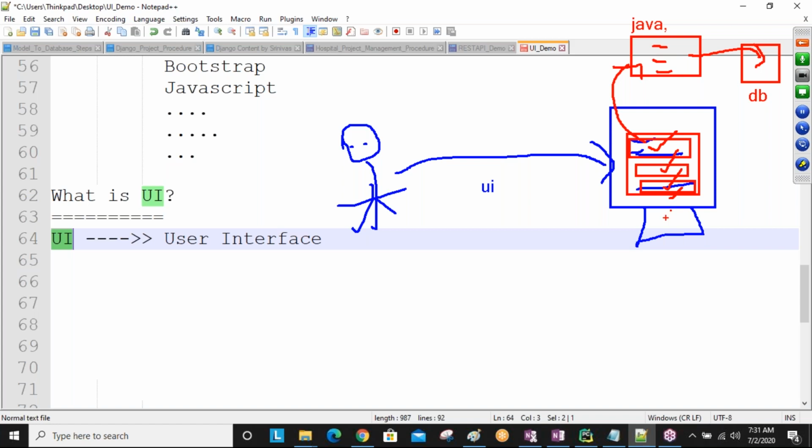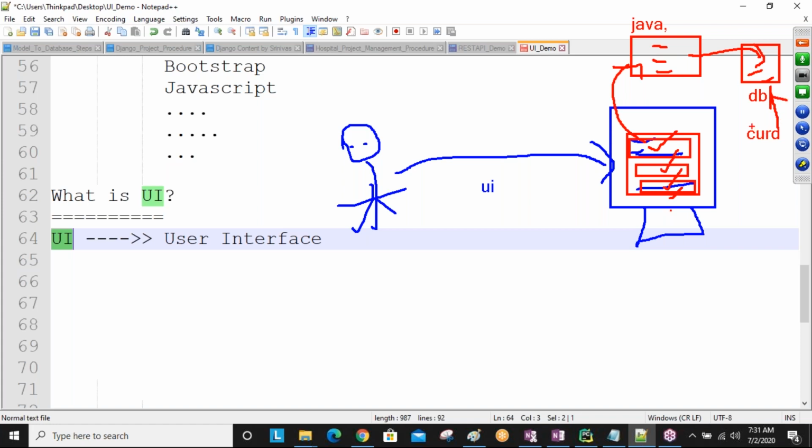If you want to store data into the database directly, you can use SQL CRUD commands: create, update, retrieve, delete. By using those database commands directly, you can enter the data also.